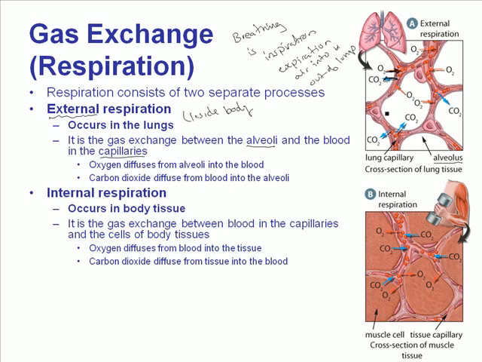Once that blood becomes oxygen rich, it ends up traveling out to the rest of our body cells. So internal respiration is what's happening in the rest of our body tissue. It's happening in our muscle cells, our skin cells, nerve cells, every other cell in the body needs oxygen. So as that oxygen-rich blood travels out to every single one of the cells in our body, the oxygen diffuses